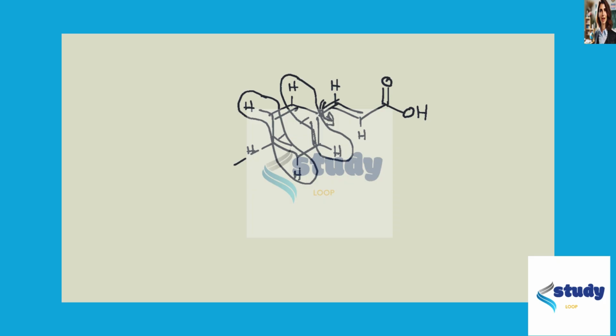Okay, so let's just go ahead and give these letters. Let's call this HA. Let's call this B, C, and then both of these will be D. This will be E. This will also be E, and this will be F. Okay, so we see right away that we have 6 protons, which is good because if we look at our spectrum, we see that the total of the integrations is 6, which is what we would expect for cinnamic acid, having